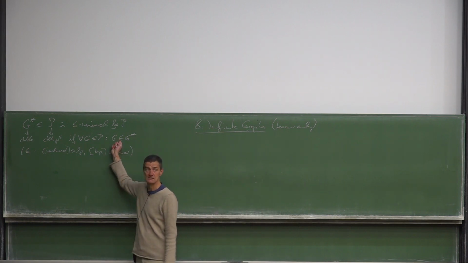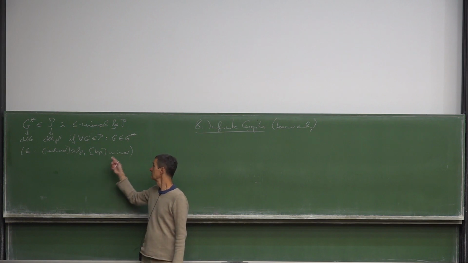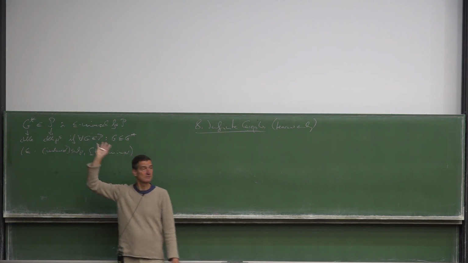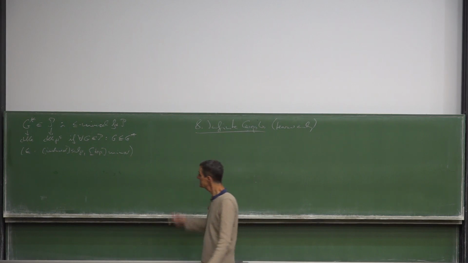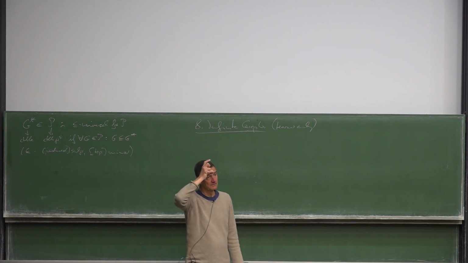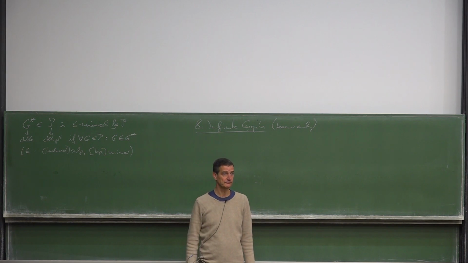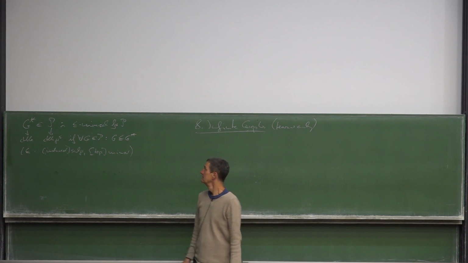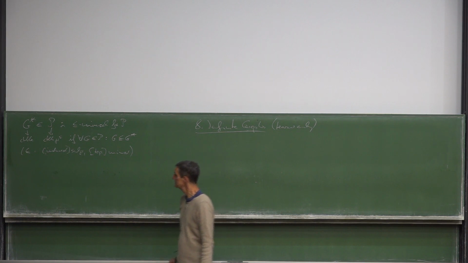First we fix one of these relations, call it less than. So for example, minor or subgraph or induced subgraph or whatever. And then we fix a graph property, and then we ask, is there a graph with that property that contains all the other graphs with that property? And I always mean countable graphs. They're allowed to be finite, but countable. Okay, so